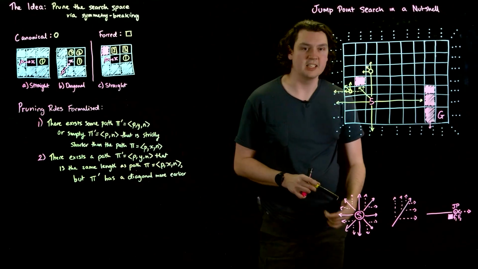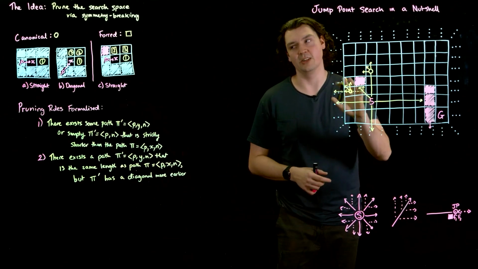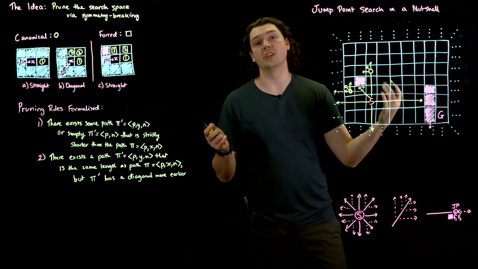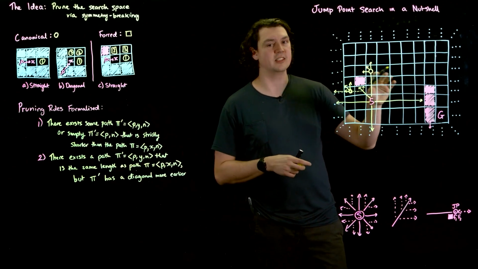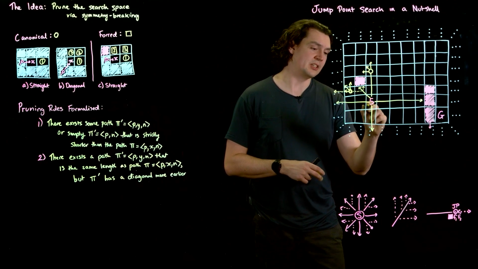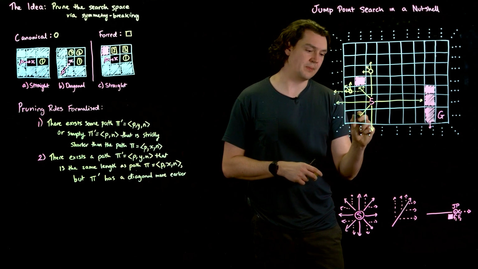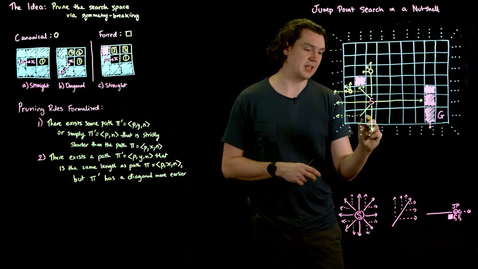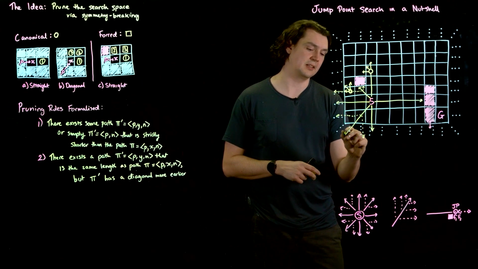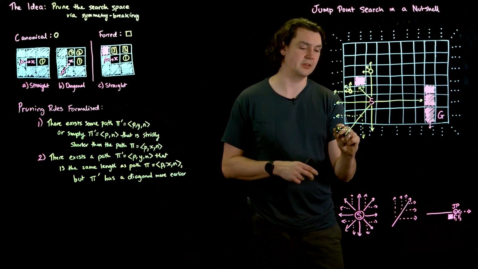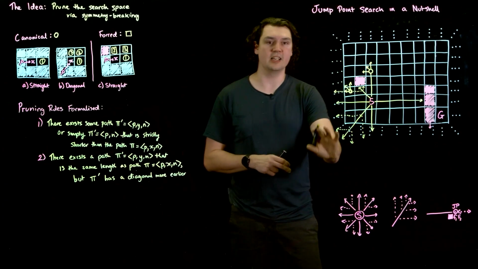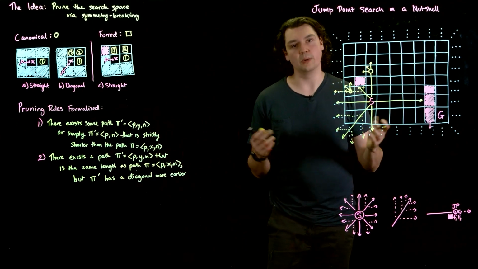I'll just leave this here because we'll draw that up at the end anyway, of what the full thing would look like, without the explicit order of node operations, node expansions we'll look at. So, okay, we take one diagonal step. We need to do our horizontal scans, our straight scans. Ta-da! And you would continue this procedure all the way, unbounded, until whatever obstacles at the edge of the